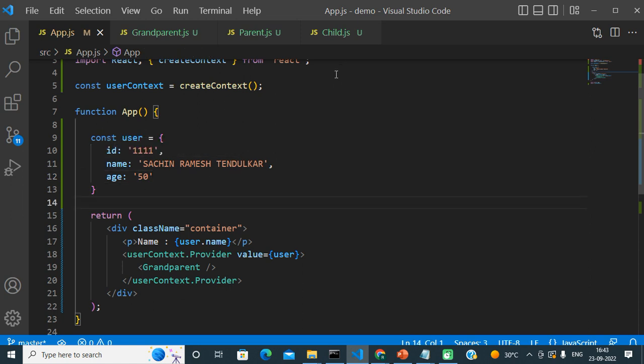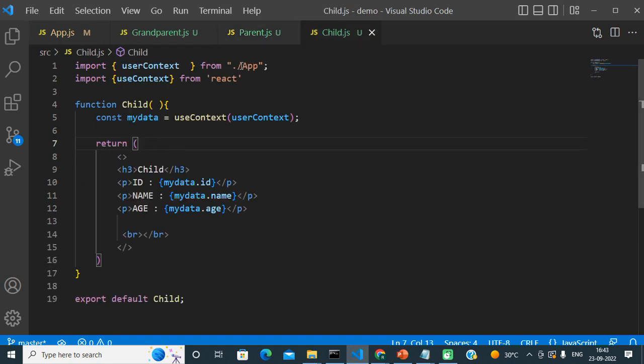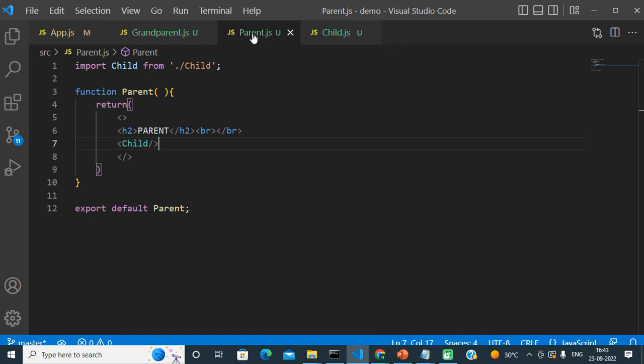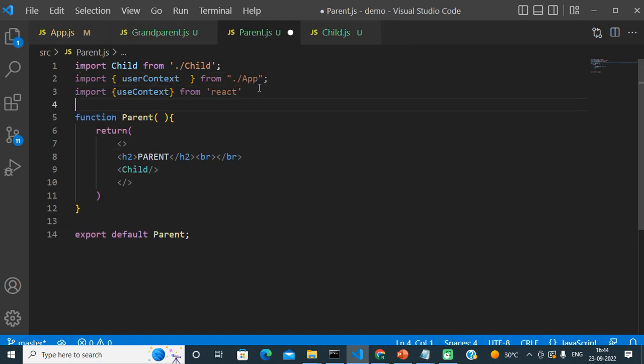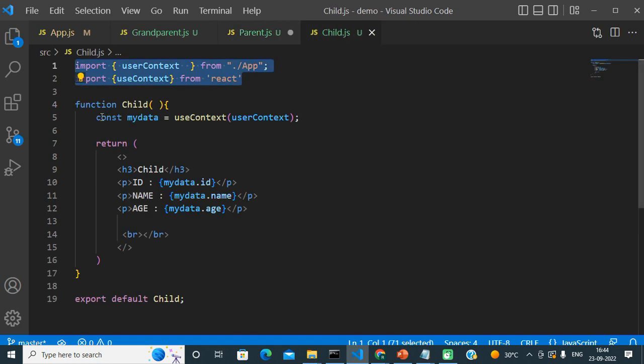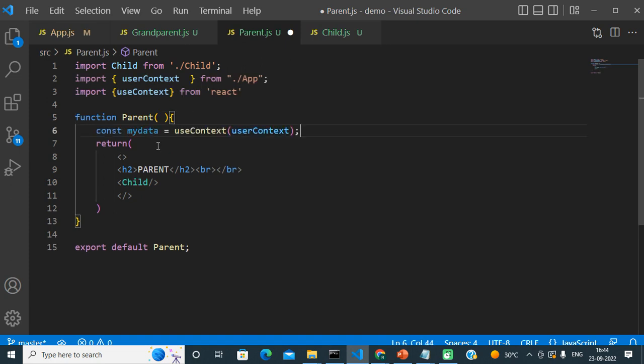Okay, so let's say we require the same data in the parent component as well. Then what are the steps? We just need to import these two packages here. After that, in our component function, we just need to copy this. So this time it is parent. And we can display our actual data.